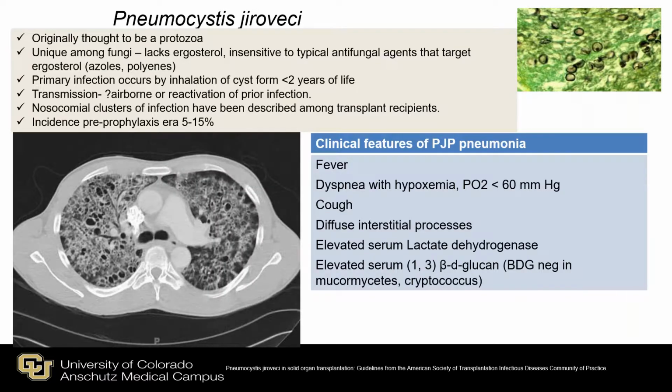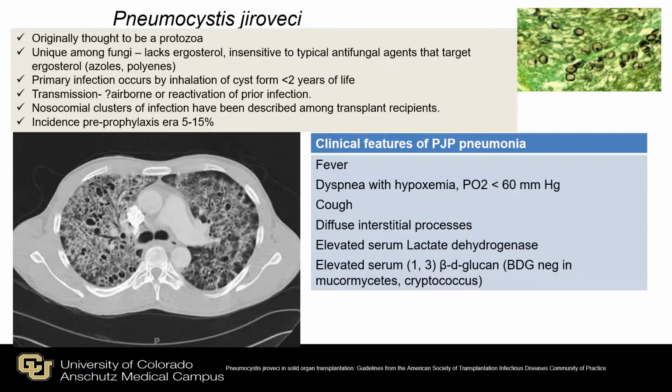Clinical features include fever, dyspnea with hypoxemia, cough which predominantly is dry, diffuse interstitial processes, elevated serum lactate dehydrogenase, and elevated serum beta-D-glucan. Now, I just want to take a minute to explain what beta-D-glucan is. This is part of the fungal cell wall, and it helps with cross-linking and provides strength to the fungal cell wall. And it is thought that beta-D-glucan is excreted or secreted into the patient's blood when there's fungal